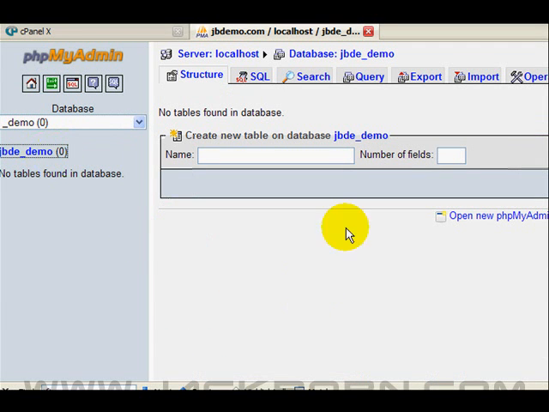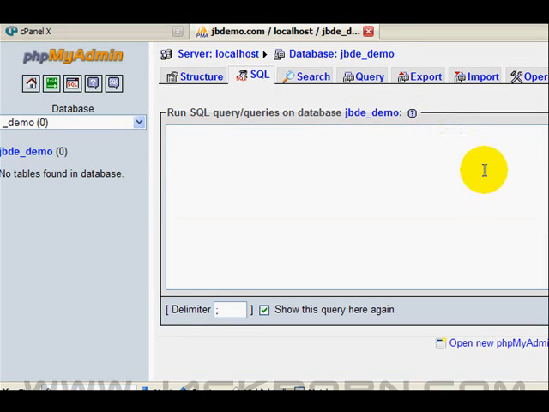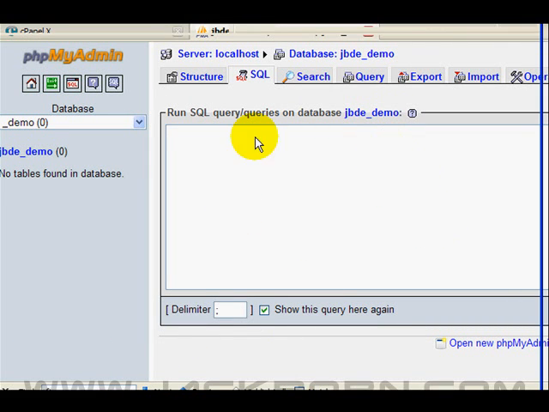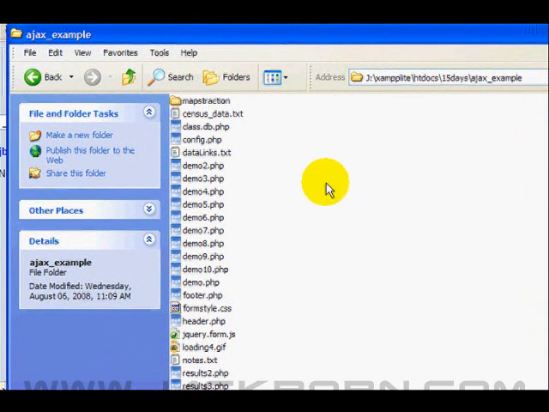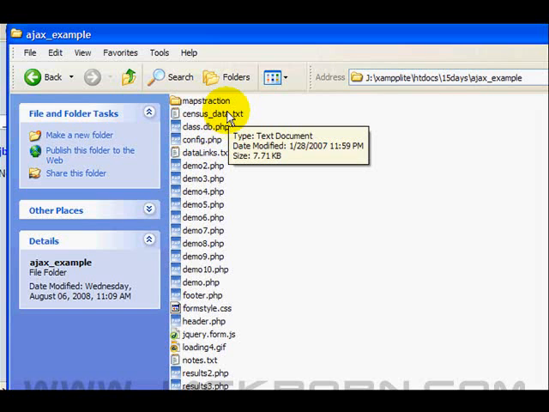Now what you want to do is go in and click on SQL. Click SQL, and this will give you a text area where you can copy and paste some information in. Now what are you going to copy and paste there? Well, you go over to the files that you've downloaded from me and unzipped, and you want to open up censusdata.txt,